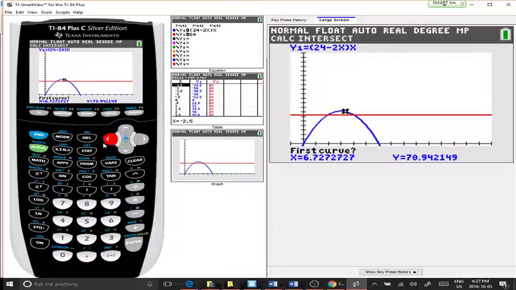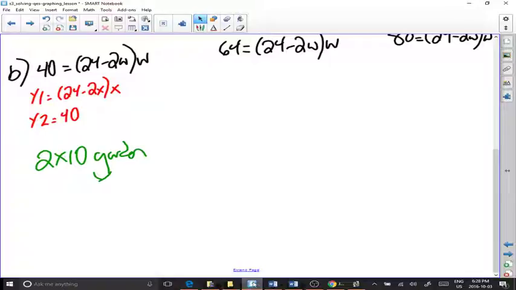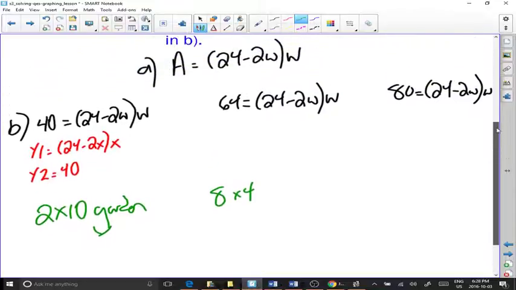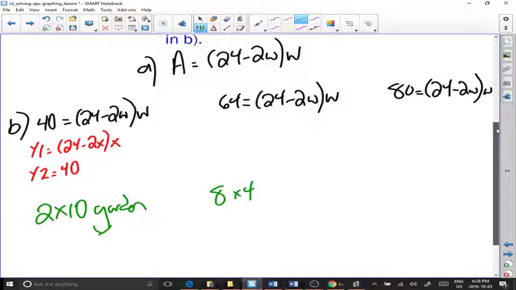And I'll go back towards the left one. So we get 8 and 4. 8 and 4 work. So going back here, 8 and 4 work here. So I'm going to get an 8x4 garden. Now this is a little bit different because